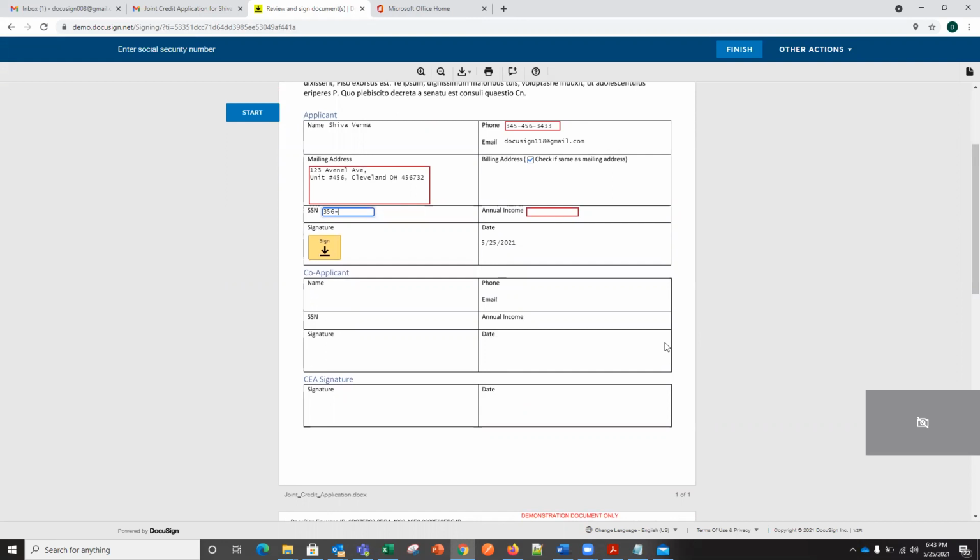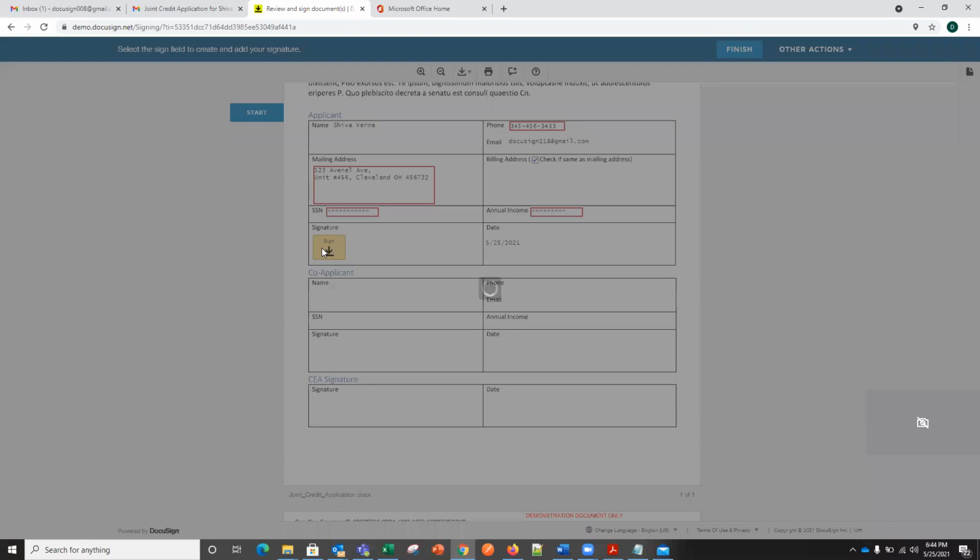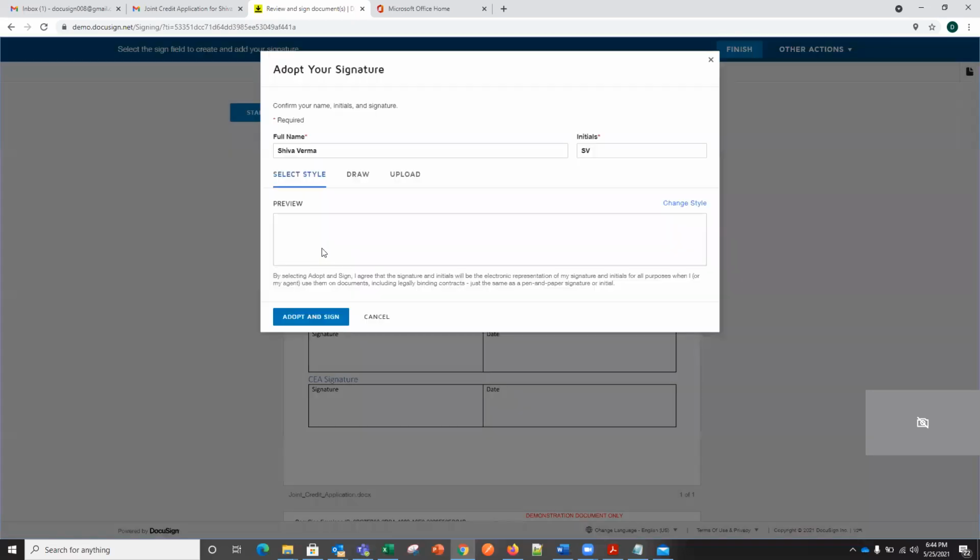So I am providing the SSN in the format now. Annual income. After signing the document for the main applicant, the SSN and annual income would be pre-filled in the main applicant's asset information. So I would sign it and move to the